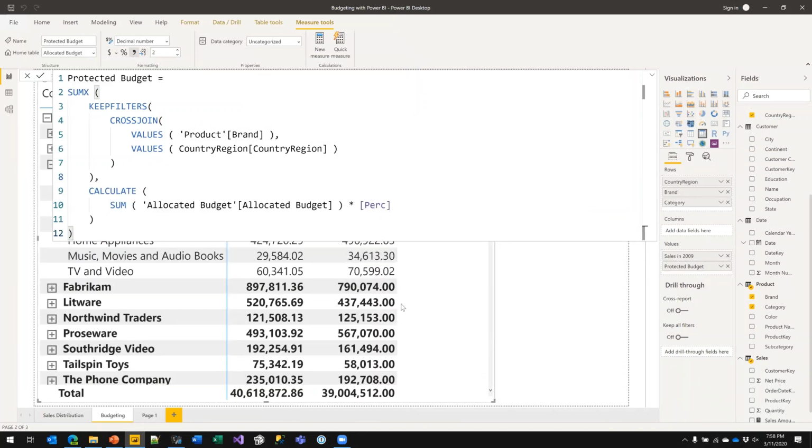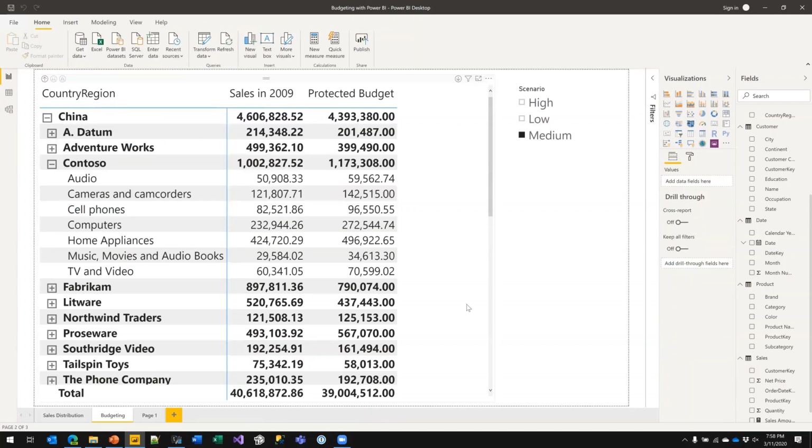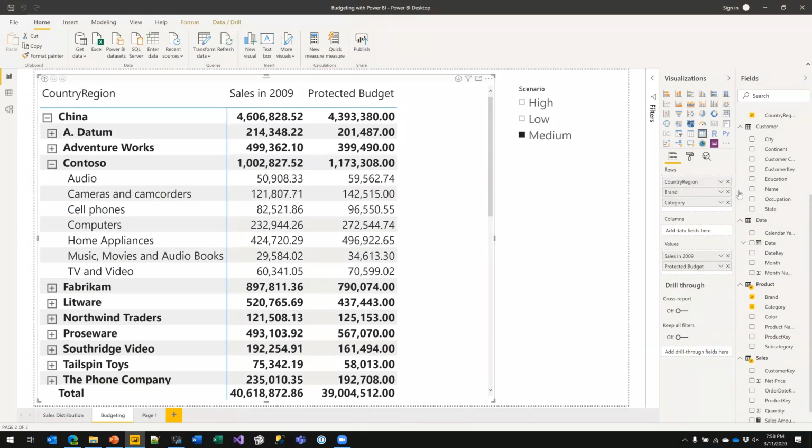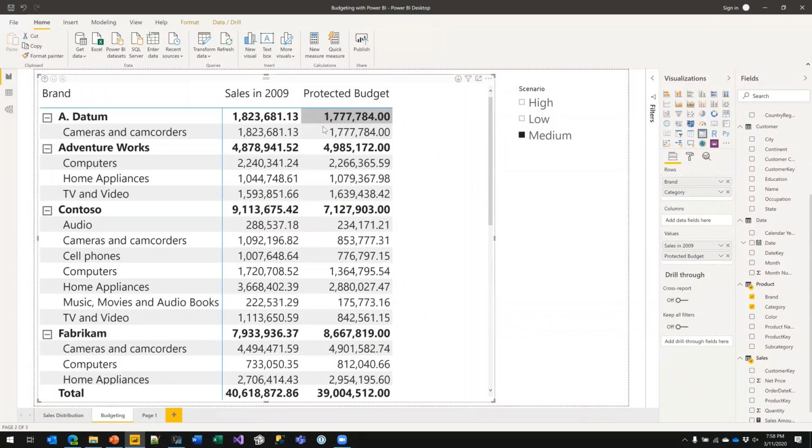They are totally identical so far, but if I remove the country region, the numbers are now meaningful. If I compute them using my cross join, they would have been slightly wrong in the version that I used earlier that did not go at the correct granularity. Keep in mind, I'm always scared by something like slightly wrong. There is nothing like slightly wrong in the world of numbers at least. A number is either right or wrong, and slightly wrong or almost correct is a polite version of saying wrong, but I don't want to tell you.